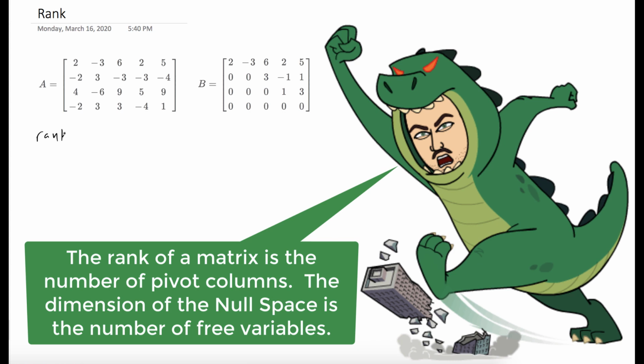So we want to find the rank of our matrix A. And we know that the rank of A plus the dimension of the null space of A is equal to the number of columns, which in this case is 5. The rank of A is just the number of pivot columns, which is 3 in this case. And then from the previous equation, we see that the dimension of the null space must be 2, because 3